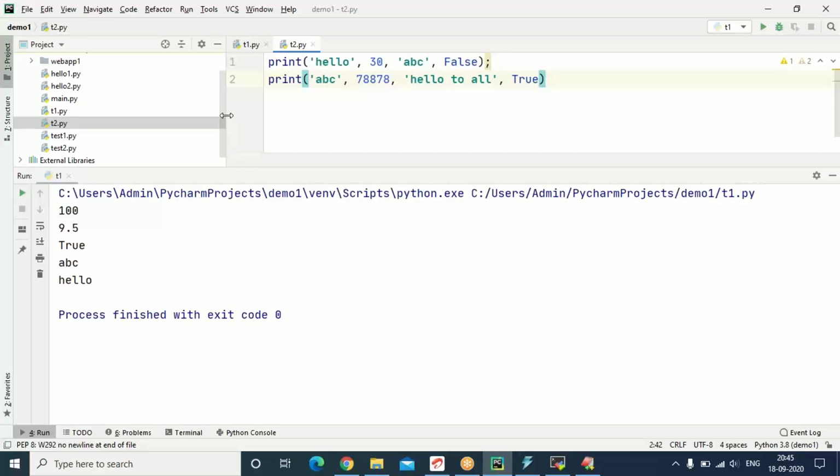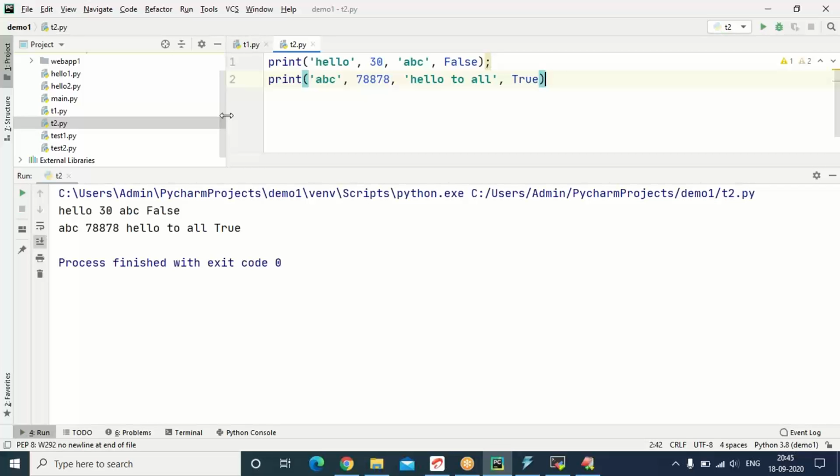All these arguments will be printing in the same line. Try running Ctrl Shift F10. You can see by using space as a separator, printing multiple values in the same line. This is one approach.